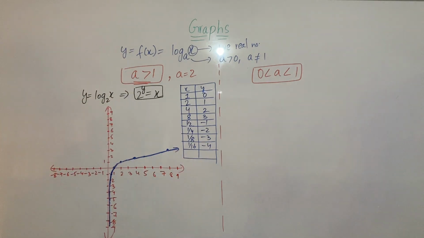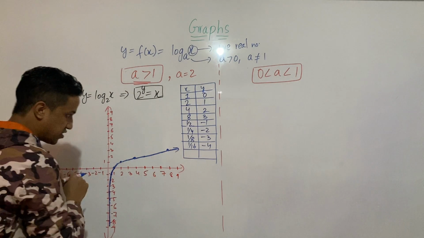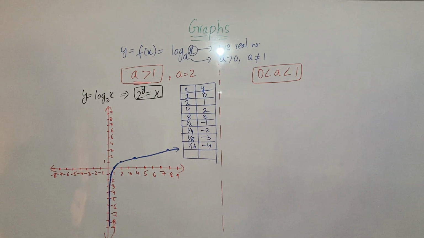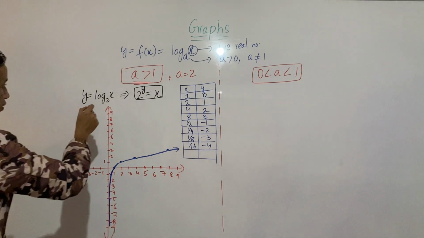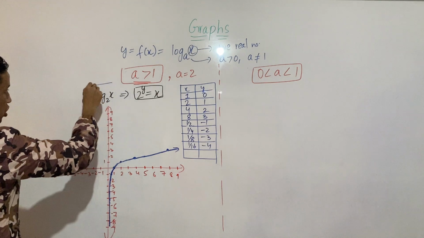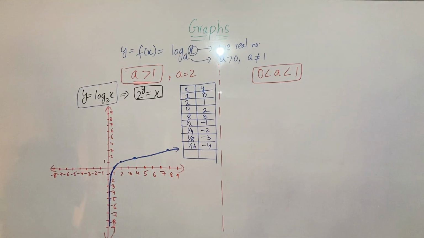Okay, so this is the graph that you are going to get in the end. So this is the graph of y equals log x to the base 2. Okay, so